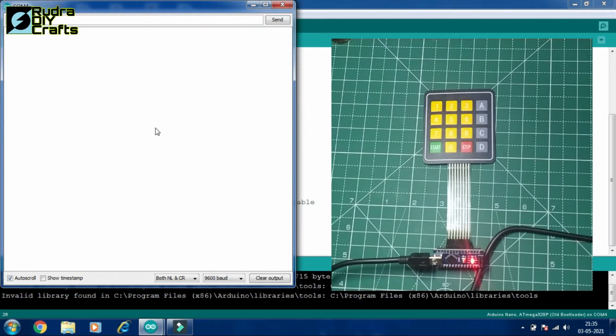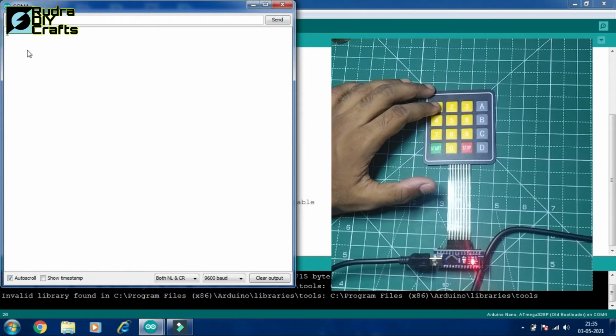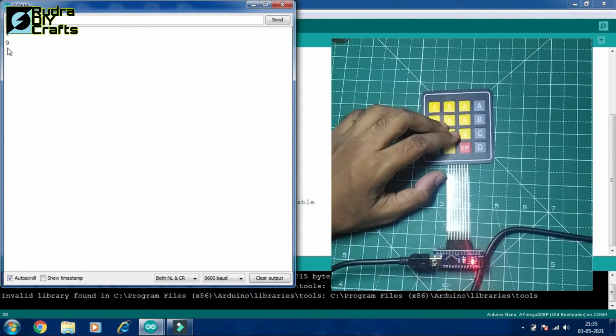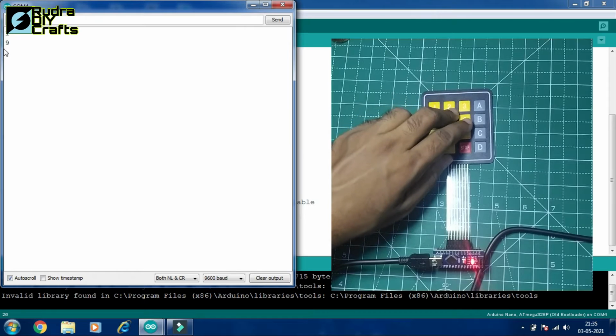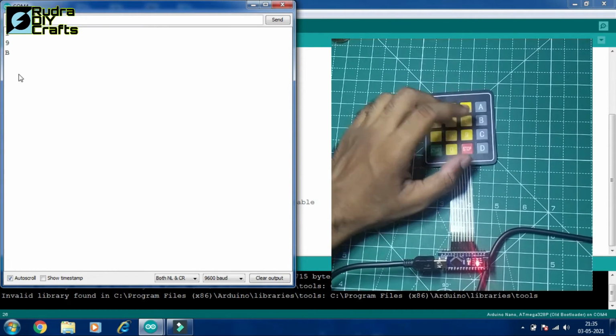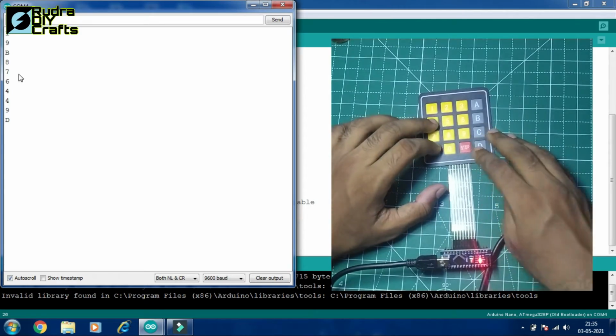Okay, I have this serial monitor open here. So what I have to do is, this is a blank screen right now. So when I am clicking here 1, you can see the 1 is written in the serial monitor. So similarly, let's write 9. See, 9 is written in the serial monitor. Similarly, I am writing B. So B is written in the serial monitor. So like that, whatever value we give in the input, we can see the value in the output.